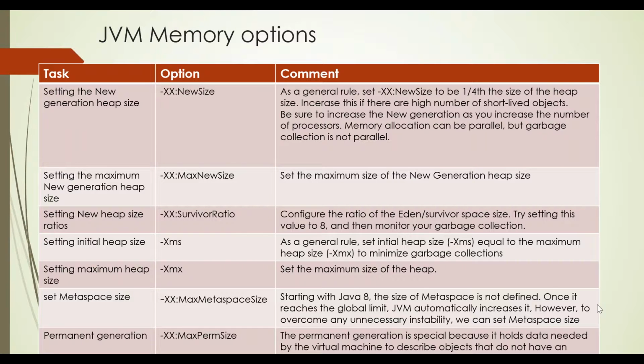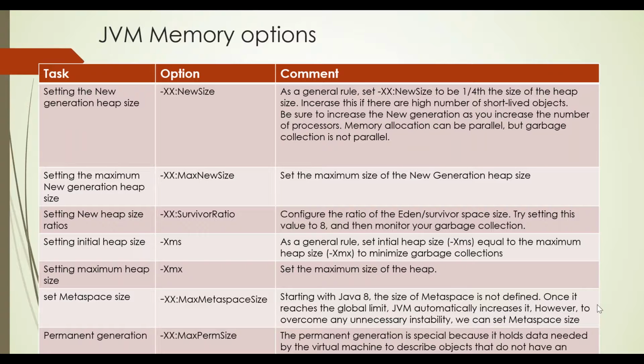So what is a minor GC? A minor GC is a GC which runs through your young generation only. Understand it. It will only collect the objects from your Eden space and it will move the objects within the survivor space. It is a frequent GC, right? You're right. And is it a good approach if GC is happening frequently? Yes and no. This question can be answered in both ways. If the GC is happening frequently, it is a good approach because you're freeing up the space for new objects getting created in your young generation.